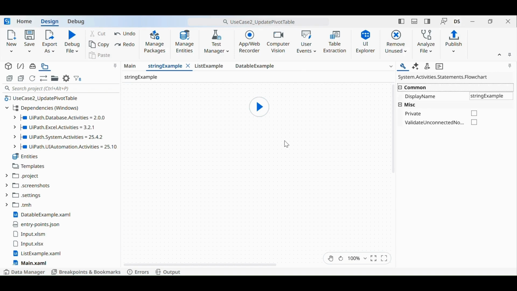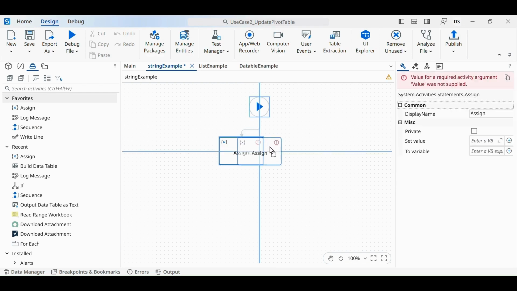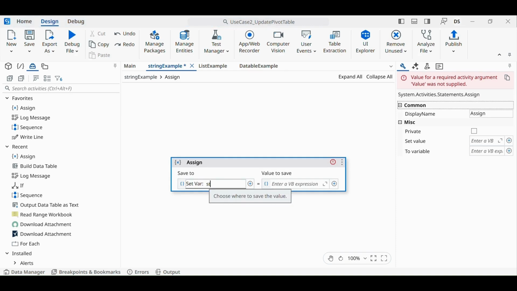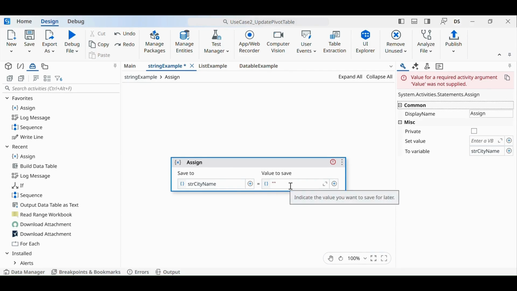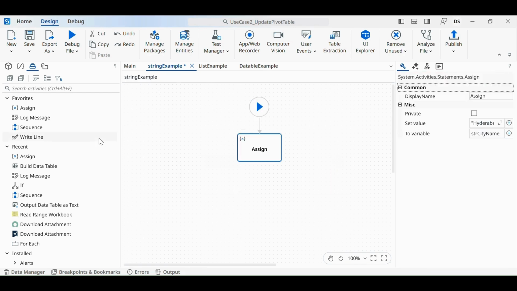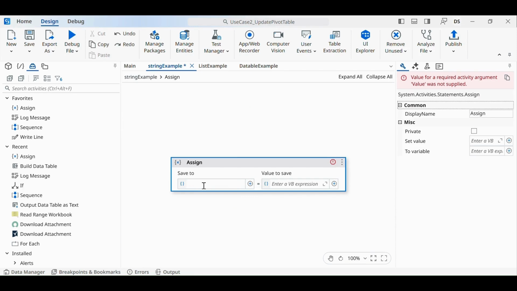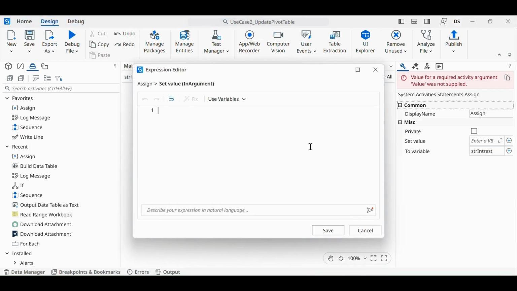So with this, the workflow length will increase, right? By replacing these multiple ifs, else if, and switch conditions, let's see how we can write the multiple conditions in a single expression. First I am taking an assign activity to provide the input city name, Hyderabad, and then I am going to take one more assign activity to write the ternary condition. The ternary condition expression would be if, condition comma true comma false,